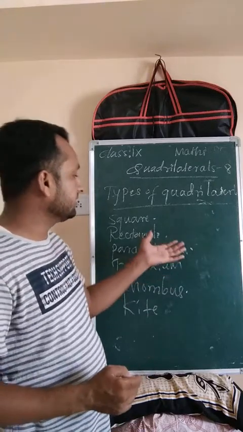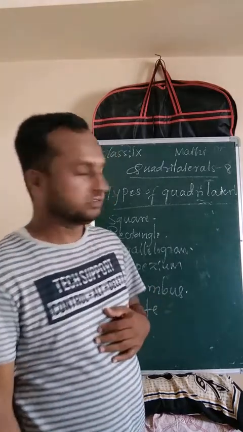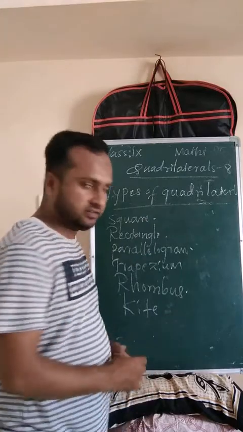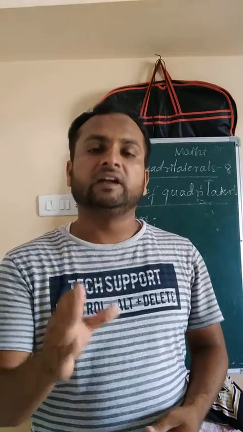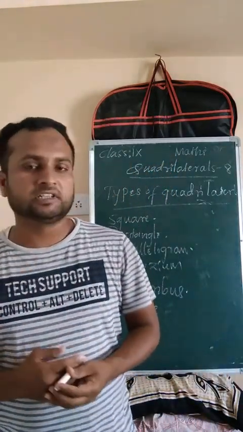We know what the shapes of these quadrilaterals are. Now see, we will see one by one, since I cannot write here, there is no place. See what the properties of the square are. We know a square is a quadrilateral having all sides equal and each angle 90 degrees. Clear? See the definition of the square here. A square is a quadrilateral having all sides equal and each angle 90 degrees. Such quadrilaterals are called squares. Now what are the properties of the square?